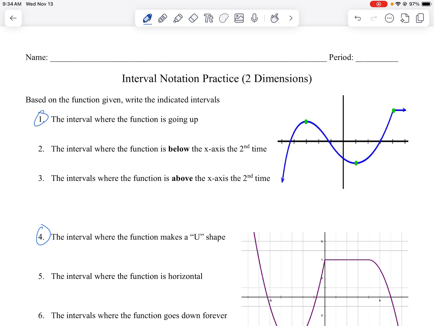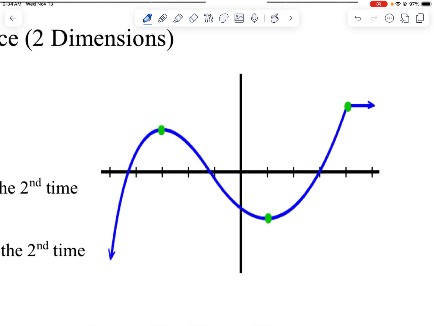Hello, ladies and gentlemen. Time for a little video going over how to do some of the problems from this interval notation practice that involves two dimensions. We've been dealing with interval notation with functions, and as a brief reminder, the way it works is if you're asked a question about your function, like where's a specific feature,